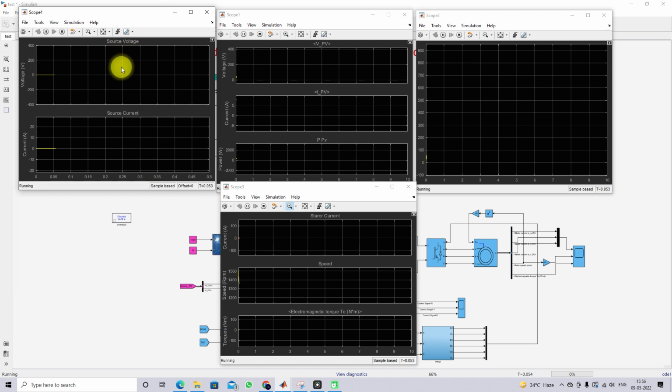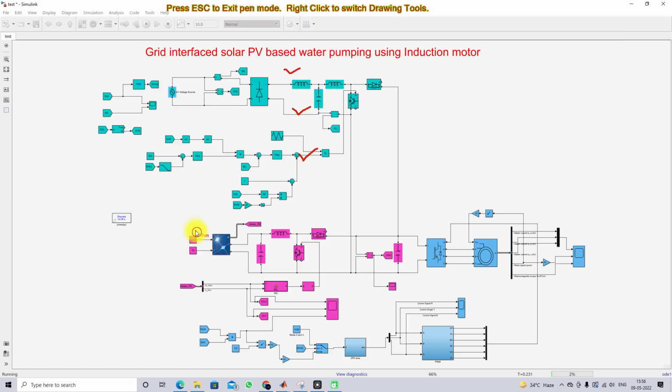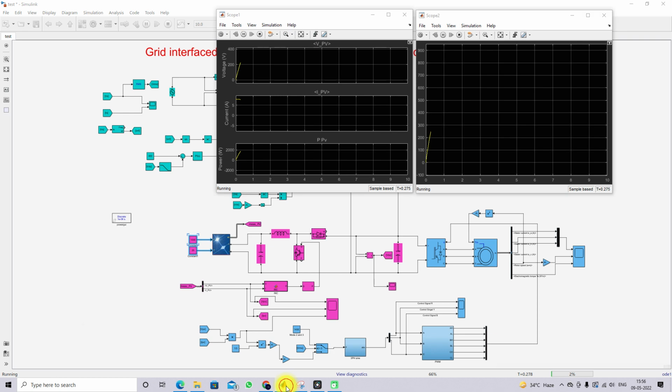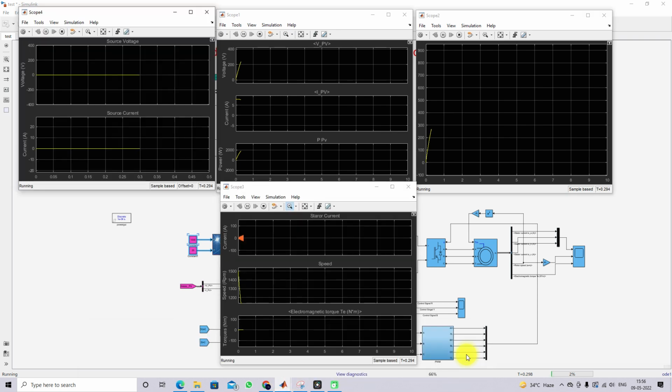So here the source voltage, right? Here you can see the source voltage is 0 and source current 0, because for mode 1 I make that peak amplitude equal to 0, and then here you can see that this is a PV voltage, and then PV current and PV power. So here the irradiation is set at 1000 and temperature at 25 degrees Celsius. So that means maximum power we are getting from that PV is around 2300, right? It keeps on increasing,